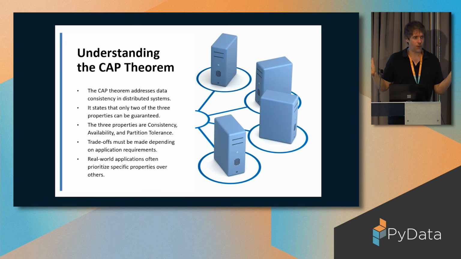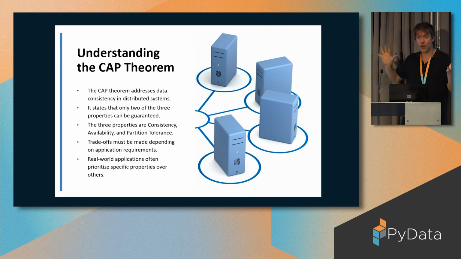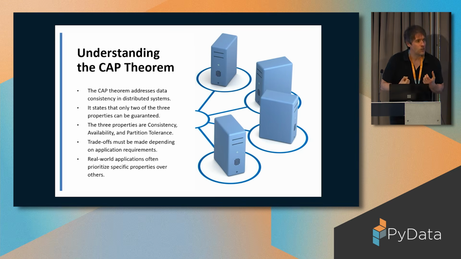You cannot have both. It's not physically possible. Either you're going to say, I want my data to be consistent. I don't want there to be any chance of replicas having inconsistent data, so I'm going to return an error, which is an availability loss. Or you're going to say, no, I want my application to return a response, even if that response is out of date at that particular time, and so you're favoring availability.